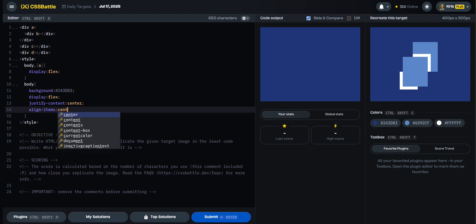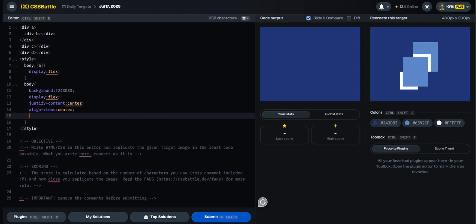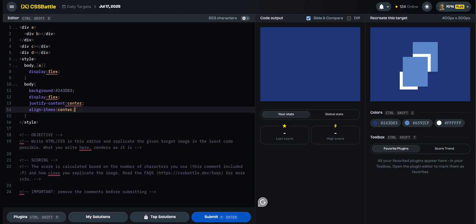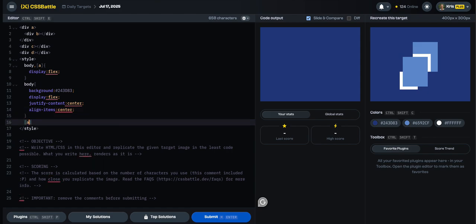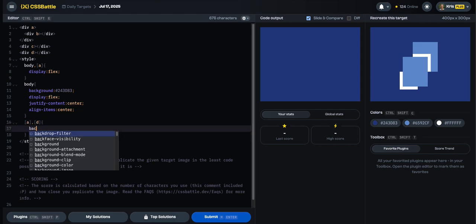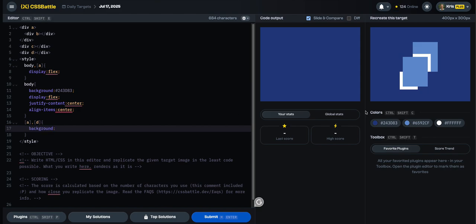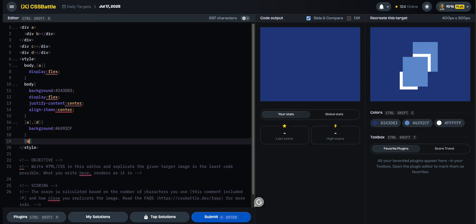This will put everything in the middle. Okay. Then we have all these different colors that we want to take care of. A and D are both going to have a background of the lighter blue. And then B,